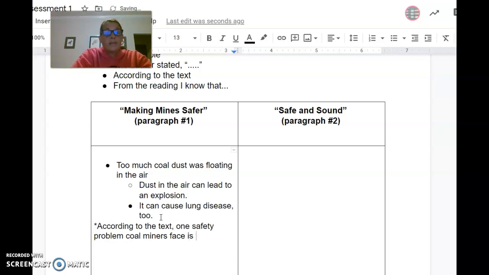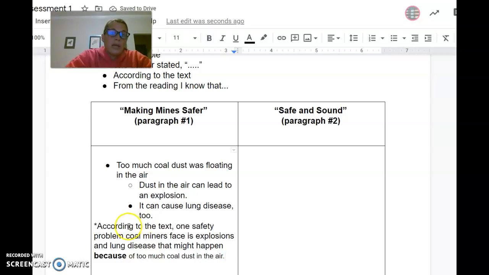Is explosions, and I'm going to flip it, make it backwards, explosions and lung disease that might happen because of too much coal dust in the air.